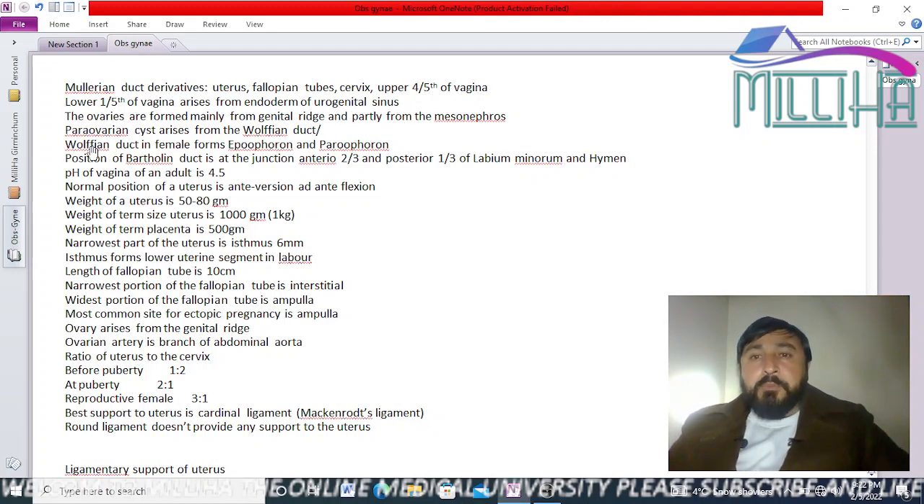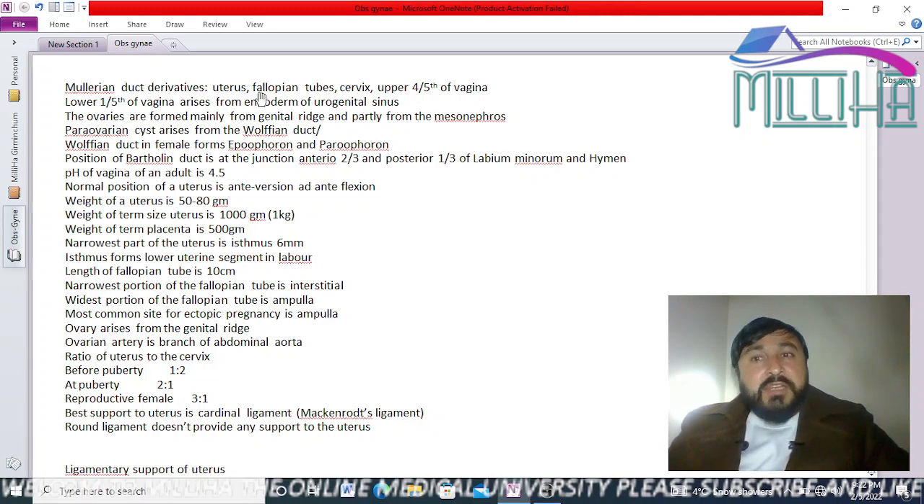So to become more familiar with these terms, you must study embryology and histology, where you can study the development of the fetus, and you will be more equipped with the knowledge of what is Mullerian duct, what is Wolffian duct, what is urogenital sinus, endoderm and mesoderm, and all these things will be discussed in detail in embryology. Maybe I will make another video for that purpose, but right now we just should know that Mullerian